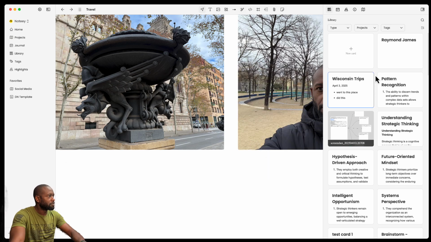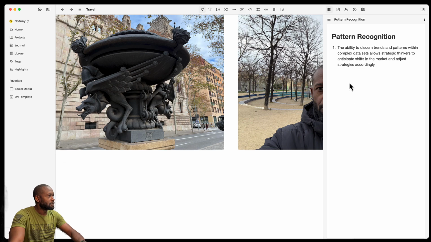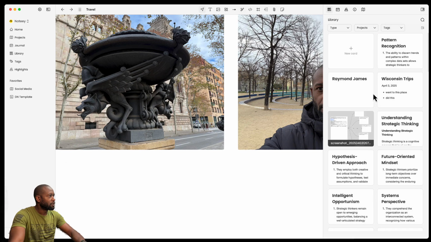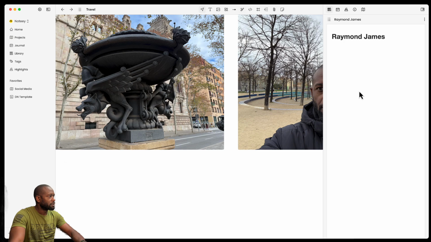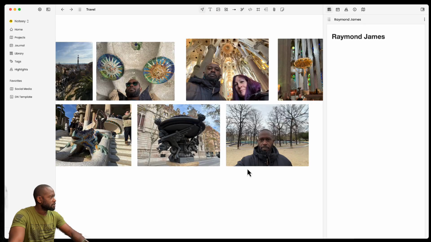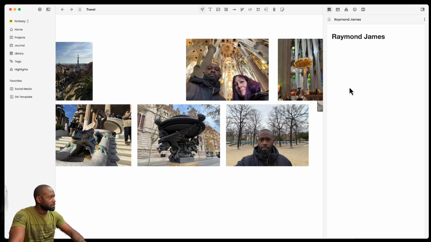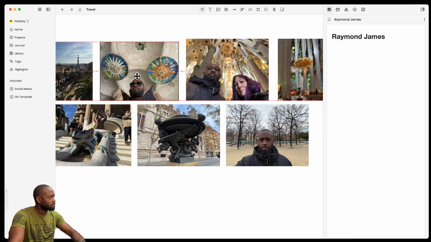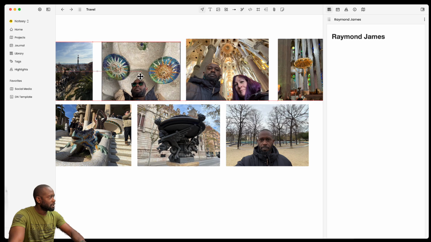Let's remove this from the board. If I click on the trips here, actually none of these are working now. Let me close there. Here, reopen Raymond James. Okay, there we go. Not sure why that kind of wigged out there, but now that we have these images here from the different places, let's say I want to map the images that went from Raymond James, I can put these images over